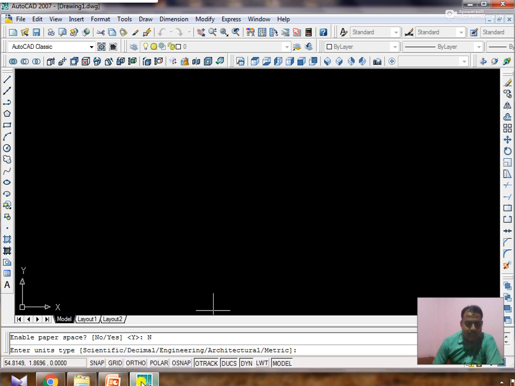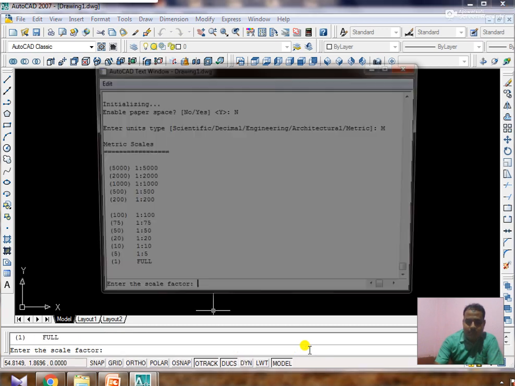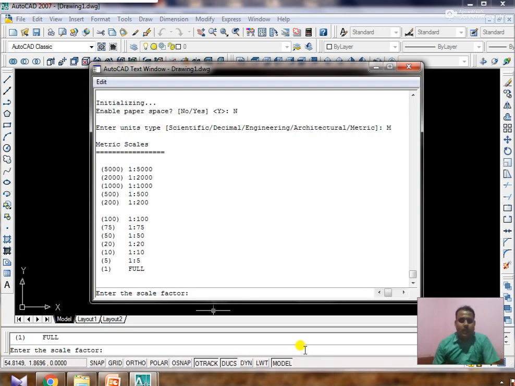So here that is scientific, decimal, engineering, architectural and metric. All these unit systems are there and you have to go for metric. So that's why M. Okay, M, enter. After that it will ask you to enter the scale factor. Here it is written how to write your scale factor: 1 means full size scale, 5 means 1:5, 10 means 1:10. Okay, so I will go for full size scale, so I just type 1,